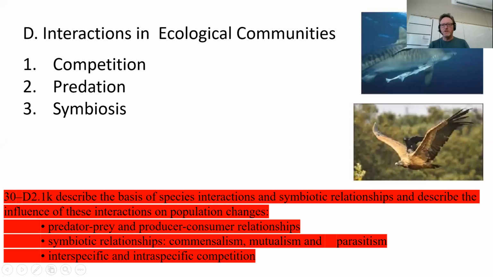Okay, interactions in ecological communities. Let's take a look at this section now. Competition, predation, symbiosis. So describe the basis of interactions and symbiotic relationships and describe influences of these interactions on population changes. We'd have to look at predator-prey,